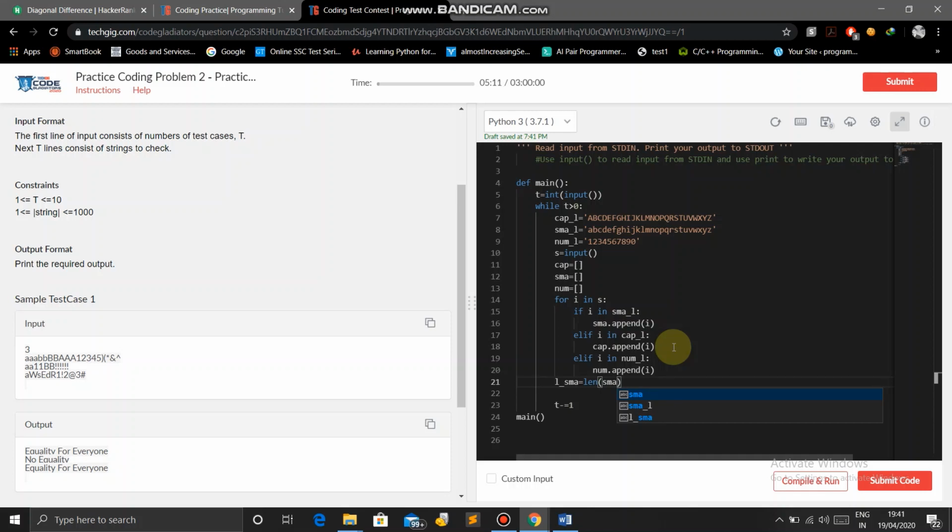If we find the length of the small letter list, we get the number of small letters present in that string. Similarly, L_cap is equal to length of cap, and L_num is equal to length of num.